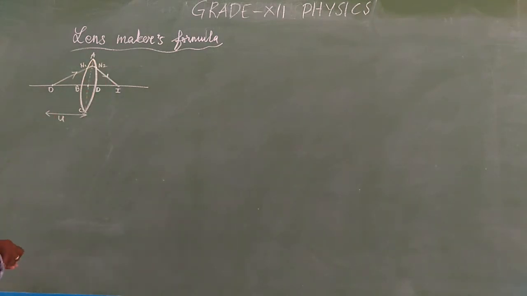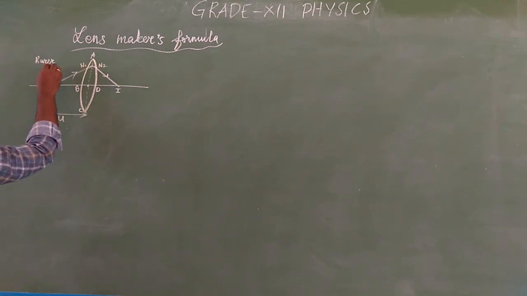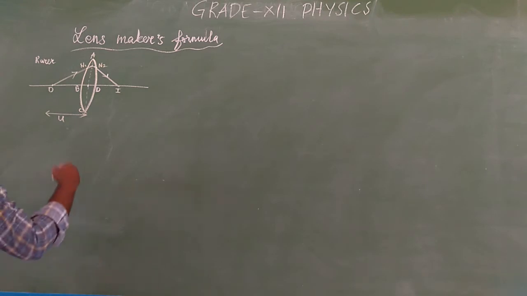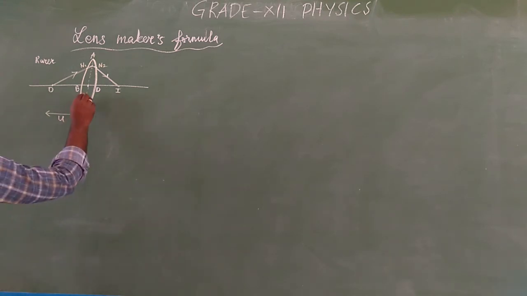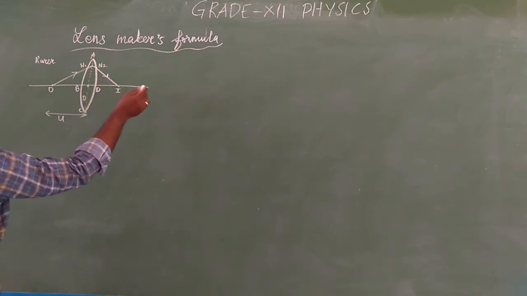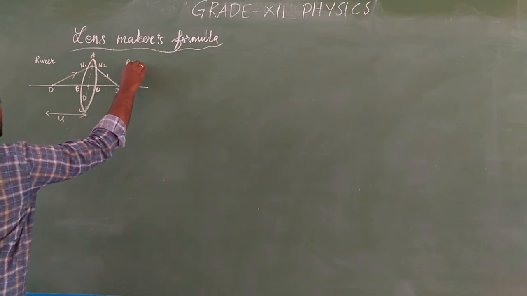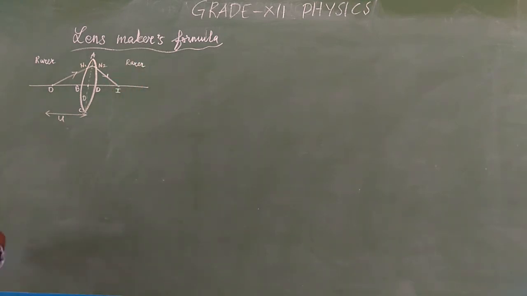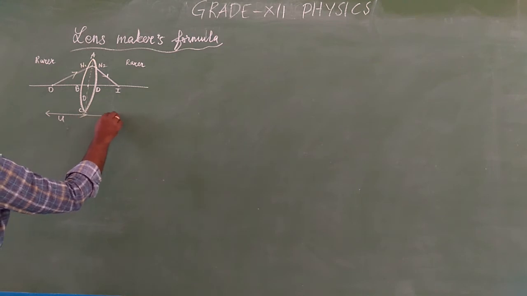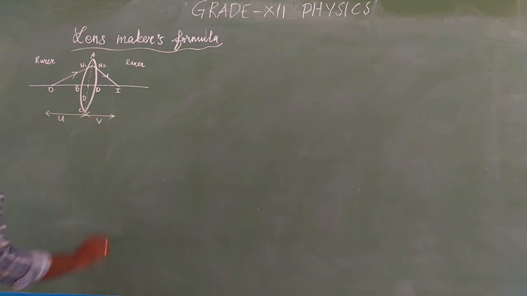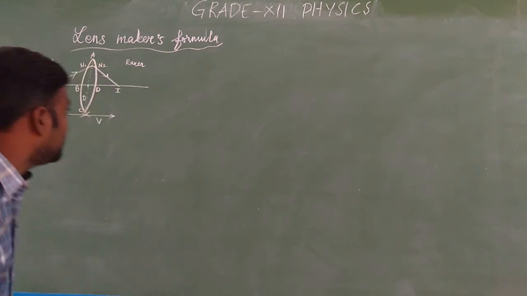We well know that the light from the object is coming from the optically rarer medium to the optically denser medium. This is the optically denser medium. Again it gets refracted into the optically rarer medium. The position of the image from the optic center is the image distance. Now we will see first how refraction occurs in the first spherical surface.